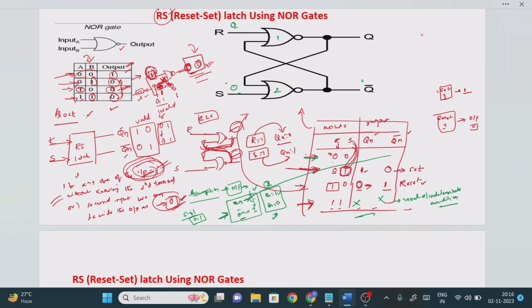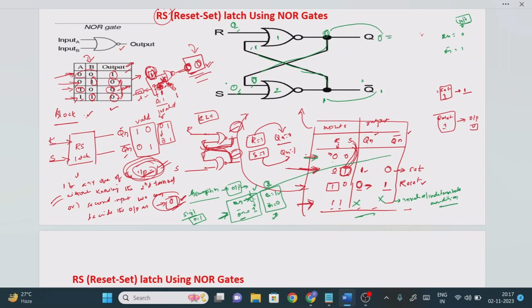So Qn equal to 0, I have considered, and Qn bar equal to 1. These are the initial assumption values. After the initial assumption values, I am going to pass these values. Here I am going to consider 0, here I am going to consider 1. It means the value here is 0, the same value, and here the value is 1. After passing these values, this value will go here, 1, and this value will go here, 0. Now we will have the two input terminal values.